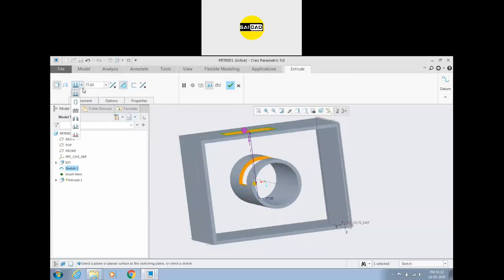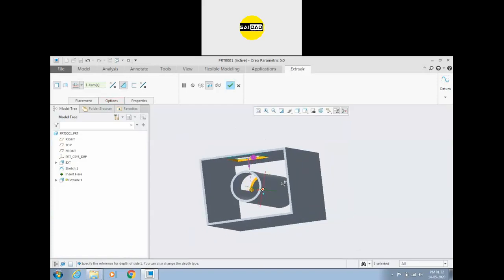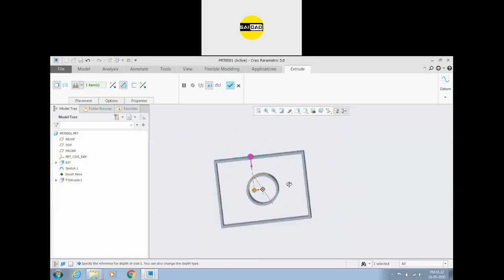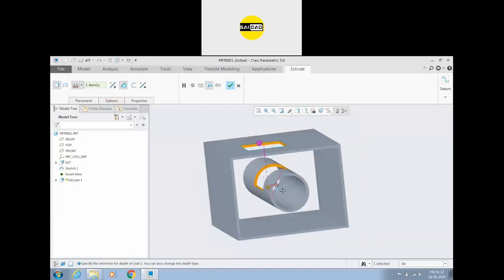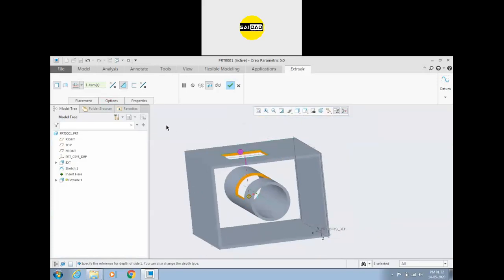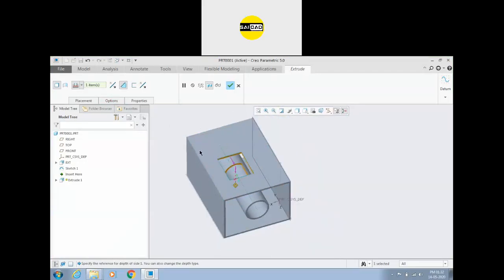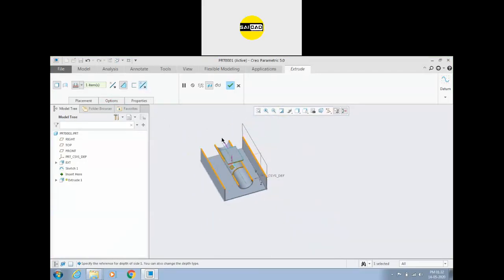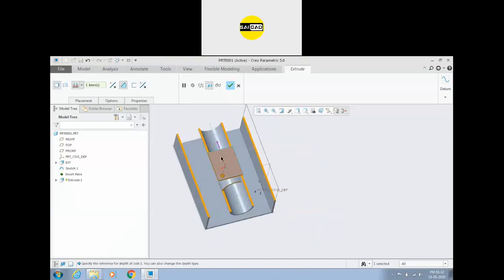Okay, or you can specify the edge, axis, like command from here, and you can select the axis, so you can see that the material will be removed up to this axis, the axis that we have defined in the center. So these are the options. Next option is, if you want to remove the material outside of the shape, you can just click here. So outside material will be removed, and that shape will be retained.